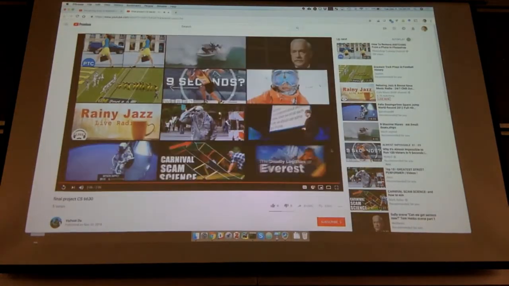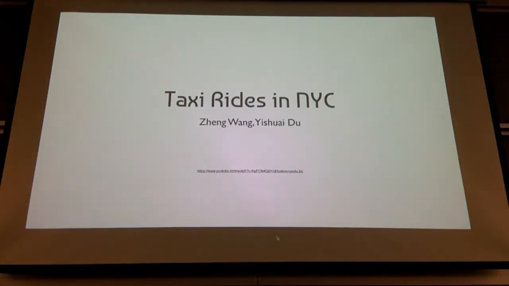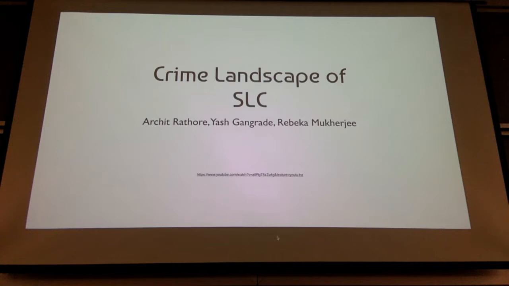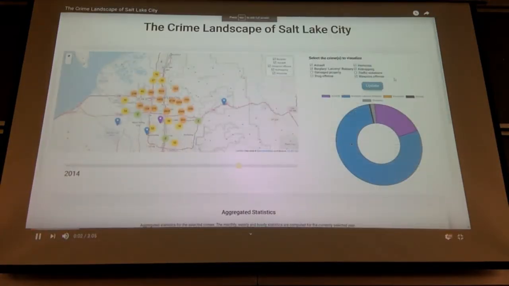Okay, so our next honorable mention is Crime Landscape of Salt Lake City by Rashid Ratour, Josh Gangrad, and Rebecca Munkeri. Hello. In this project, we have tried to build an interface to explore the crime landscape of Salt Lake City. Using publicly available police cases data from 2008 to 16 for the Salt Lake County,